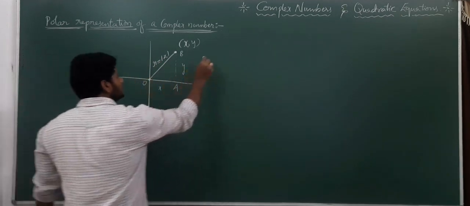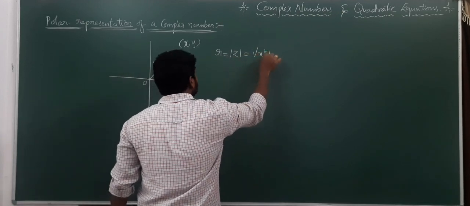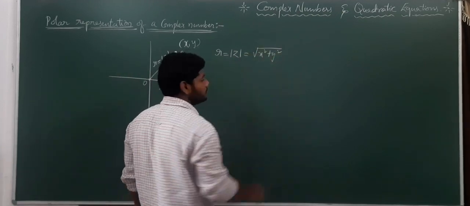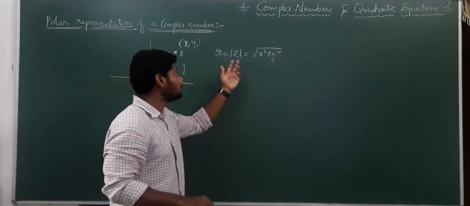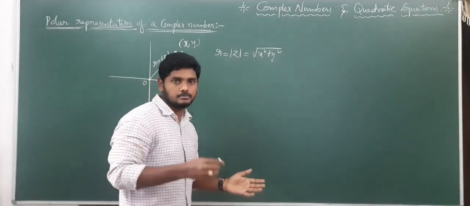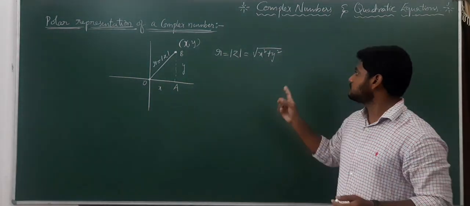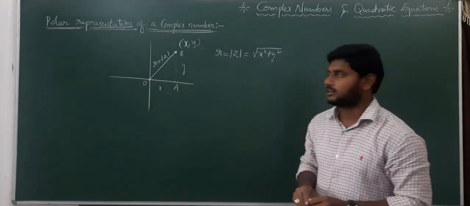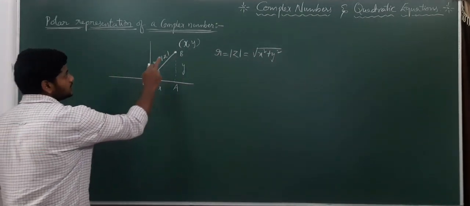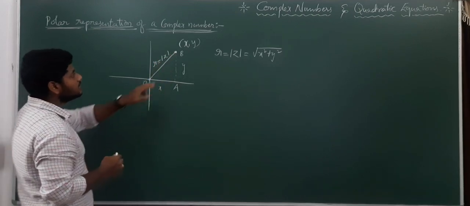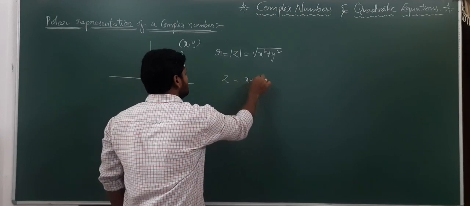That r, modulus, we will consider as square root of x square plus y square. That point is x comma y. That point is a comma b. That r, modulus of z, is equal to square root of a square plus b square. If that point is 2 comma 3, then modulus of z is equal to square root of 2 square plus 3 square, right? Now from this, how will we represent that x plus iy? So actually, if it is x comma y, what may be the z? You tell me. x plus iy, right?